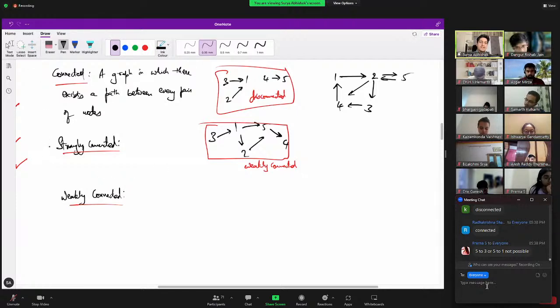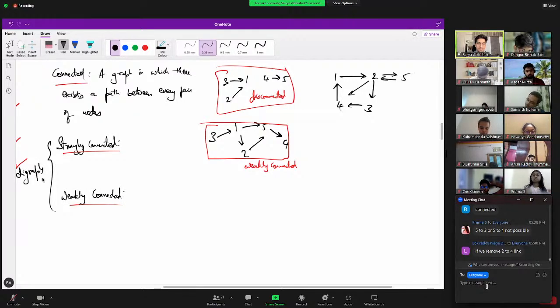So strongly connected and weakly connected are applicable only for digraphs or directed graphs. If we remove the 2 to 4 link, it will still be strongly connected. Still, you can reach every node from